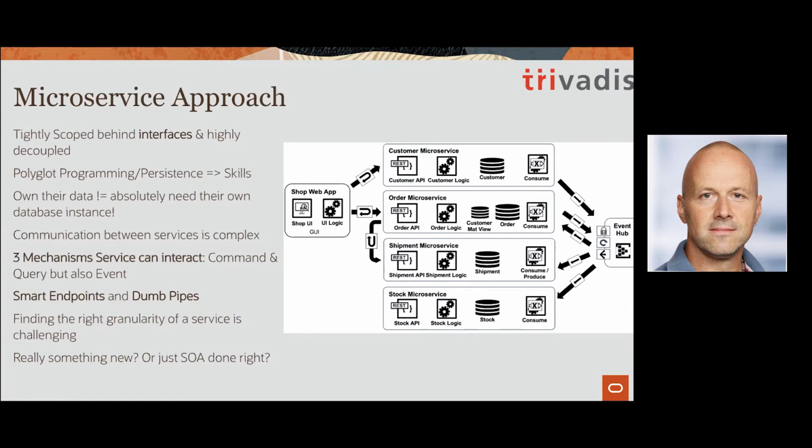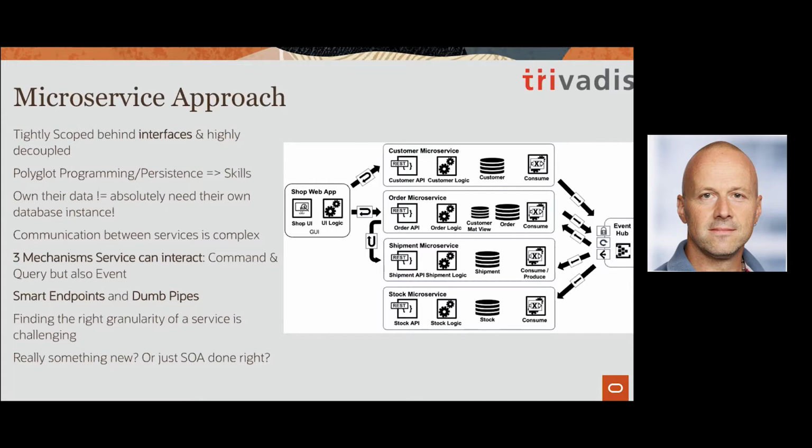If you work in a command style, and we're just used to doing that in service-oriented architecture, where we mostly had commands, then you also have to take care of the answers, or the errors you might get. So if this shipment microservice is not reachable, what do you do? You get an error, and you have to handle that error.